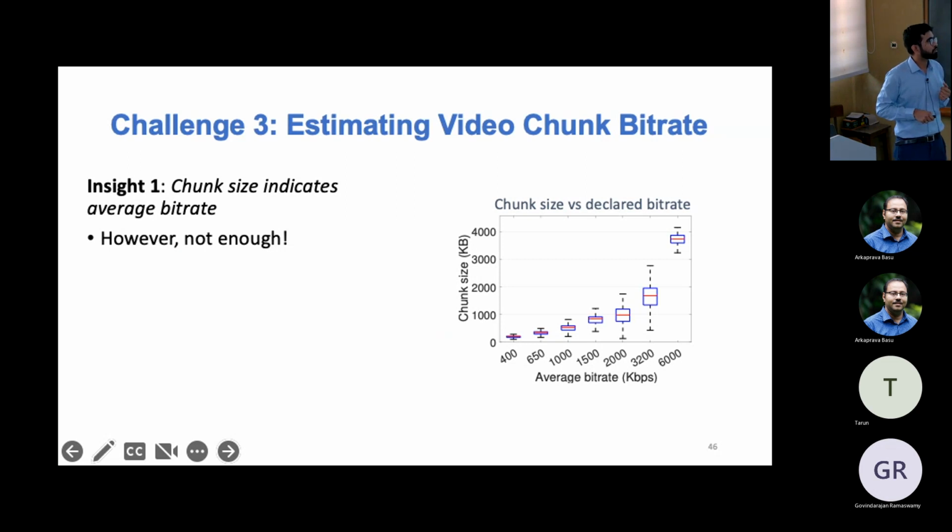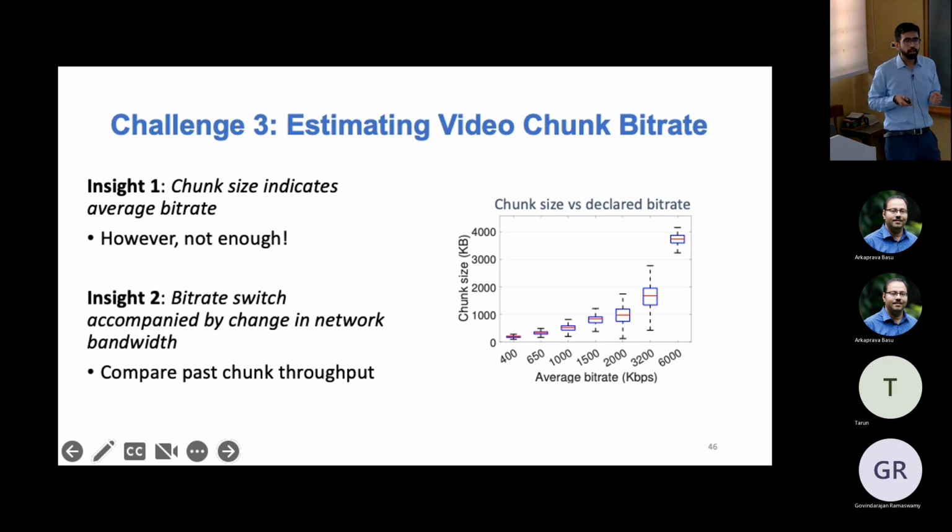For example, this shows the size distribution for different average bitrate levels or video quality levels. You can see that the sizes can overlap, and this happens because video is variable bitrate encoded. So depending on the complexity of the scene, especially with consecutive bitrate levels, you may have a lot of overlap, right? So we use additional insight that